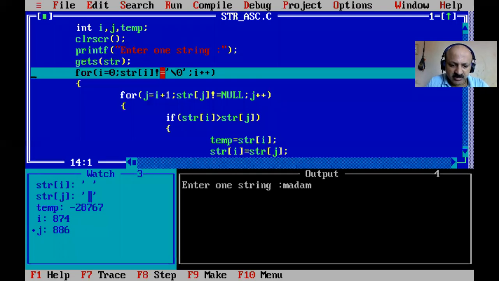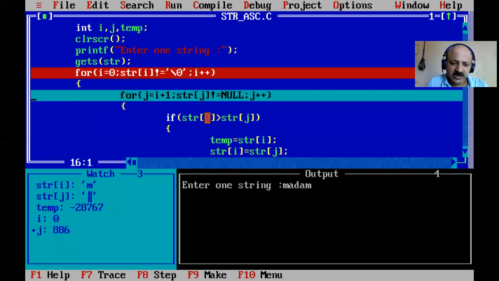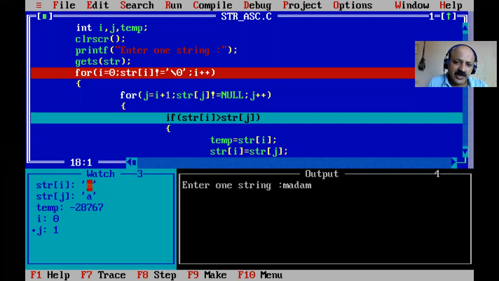Yes. So let us check how it works. So here I press madam, F7 function key. That is the tracing start. Here you have to know very well. I think yes, tracing with F7, and here I initialize to 0 and J is I plus 1. So that is the second. Otherwise it compares itself. You can also initialize J to 0, but that is the same element. So here M is the 0 index and A is the 1 index. So both are compared, so that the ASCII code is compared.